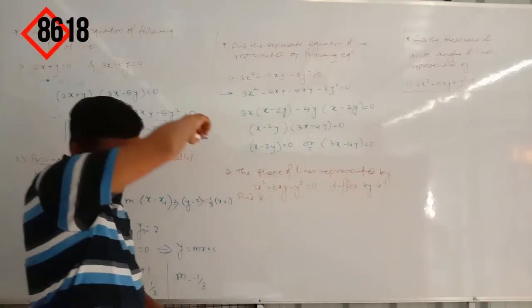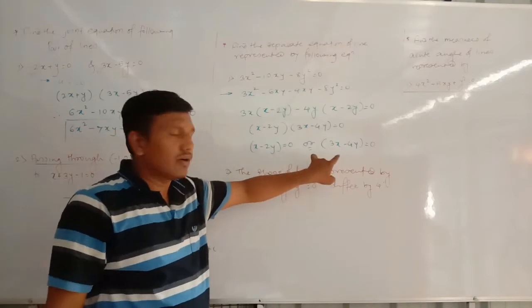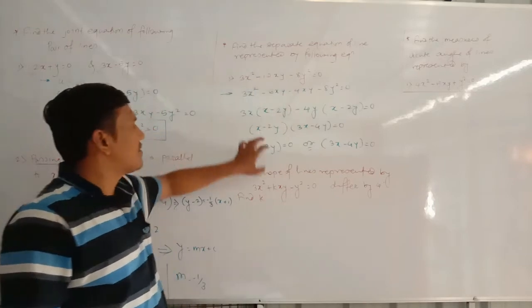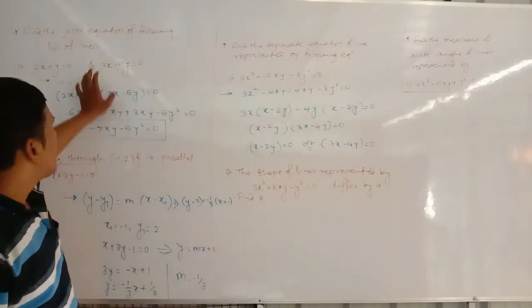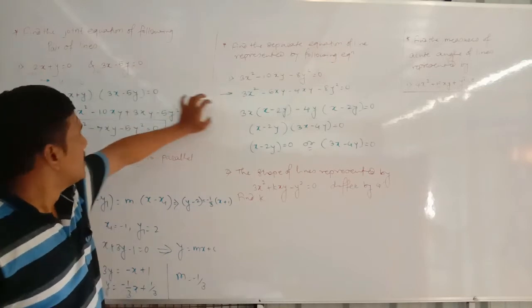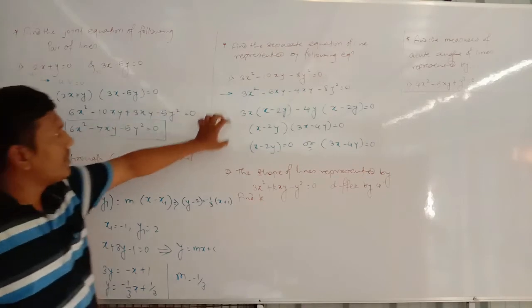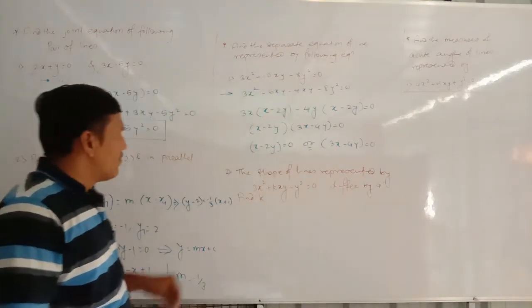So these are the two standard forms, or the two separate equations of the lines, for which the given combined equation holds. These problems are inverse to each other. In one, the separate equations are directly given and we have to find the combined equation. Here the combined equation is given, and from that we find the separate equations.